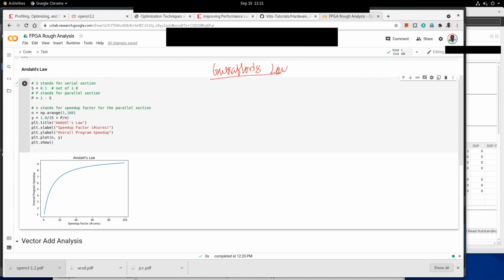So this law says, usually as the parallel computing resources increase, let's say there is one particular workload that we are doing. That workload has two parts, the parallel part and the serial part, so serial plus parallel.